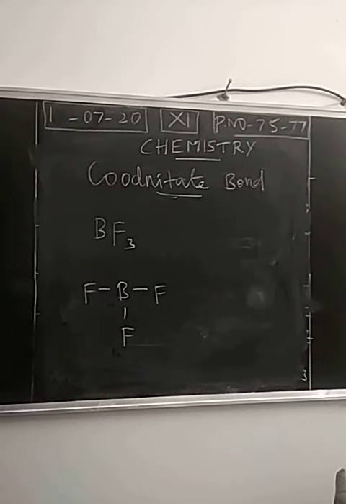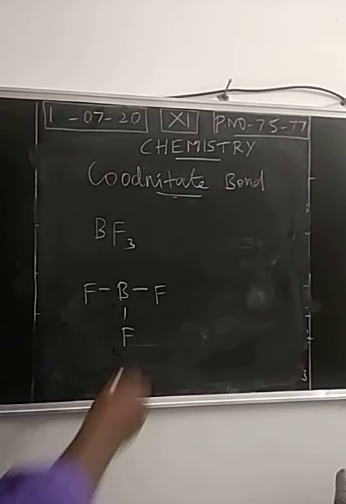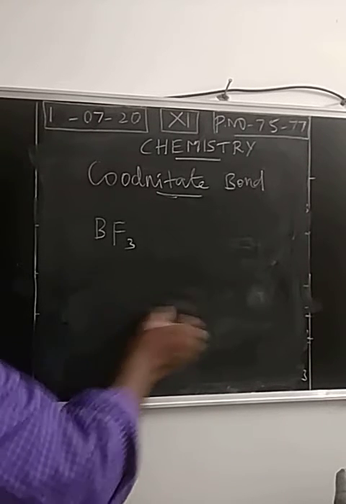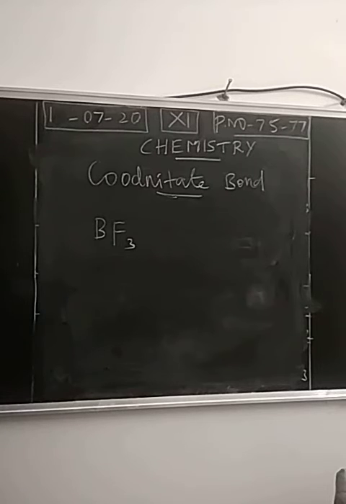So this is the most preferable structure based on the formal charge. We calculated that for all the atoms the formal charge value is 0, so we fixed this as the preferable structure. So this is not a preferred structure, right? So boron trifluoride is a molecule in which the central atom is electron deficient in nature. It does not obey the octet rule.